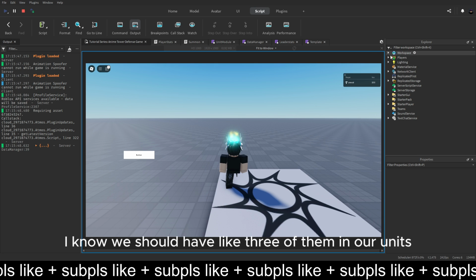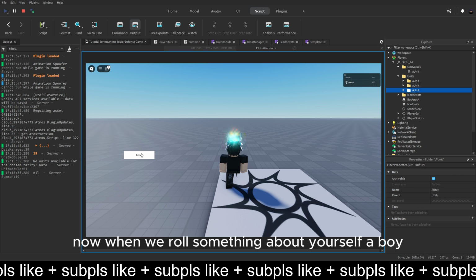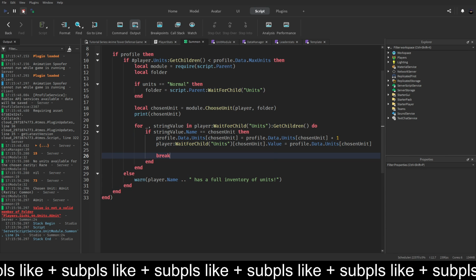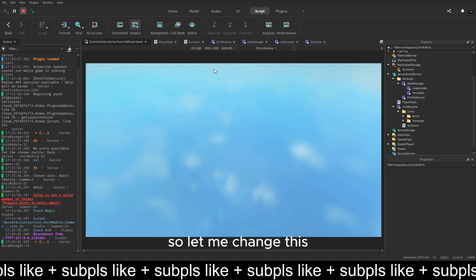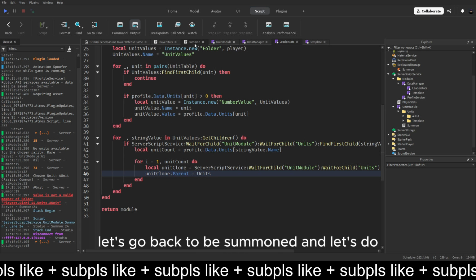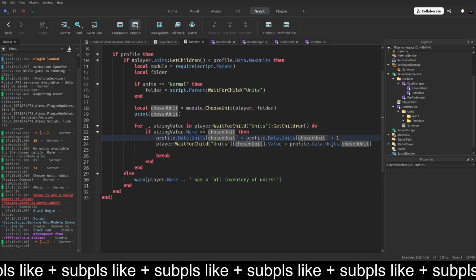And now we should have like 3 of them in our units, and as you can see there are now 3 of them. Now when we roll something, values of a, oh yeah, of course. So let me change this. So let's go back here, let's go back to the summon. We want to do player dot